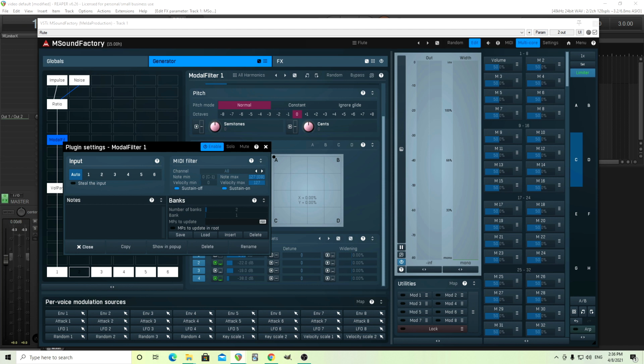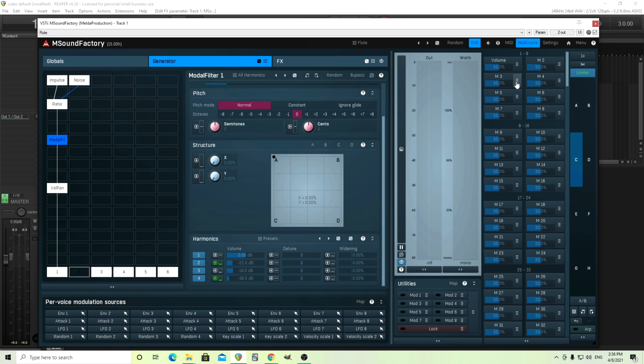I'll just do 2 for now, but you can do as many as you want. 2, set this as bank 1. I'll update this now in case I want to change the multi-parameters later. And then I'm going to click save. We should have it saved now. The next thing I want to do is go into here